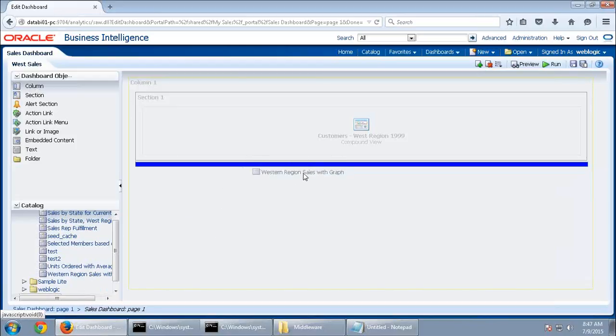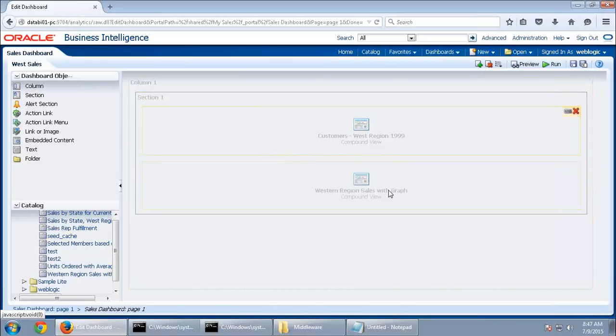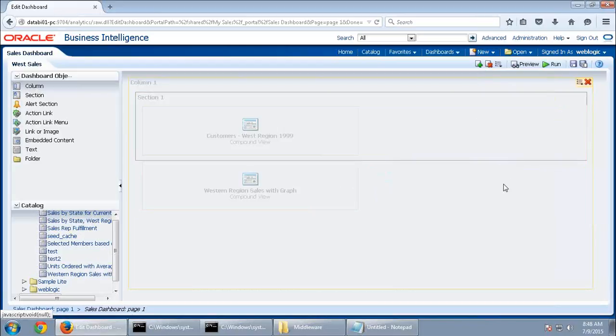If you want it under a new section, you can create. You can just drag and drop this, or if you want in the same section also, just place it here. In the same section also it is there, and just see it is a column and will have some column properties. And for section, the reports are displayed vertically. Suppose if you want them horizontal, just click on horizontal like this.